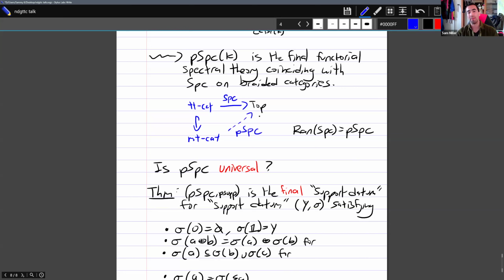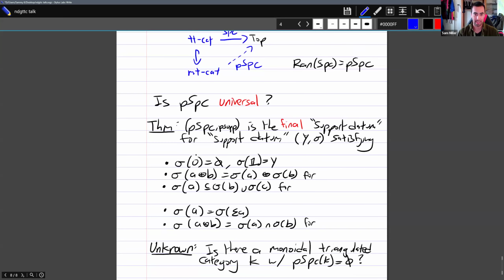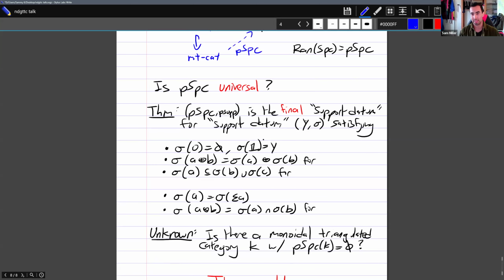But we can ask the same question now, is it universal in the sense that it is the final support datum for some category of support datum under some axioms? And the answer again is yes. It is the final support datum in quotes, because these are maybe not the most reasonable support axioms for support datum Y sigma that satisfy, again, the same: zero is empty set, unit is the full space, sigma of A plus B should be equal to sigma of A union sigma of B,